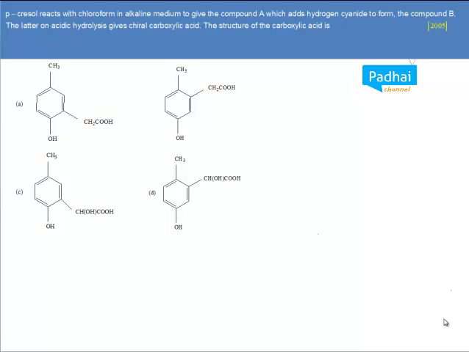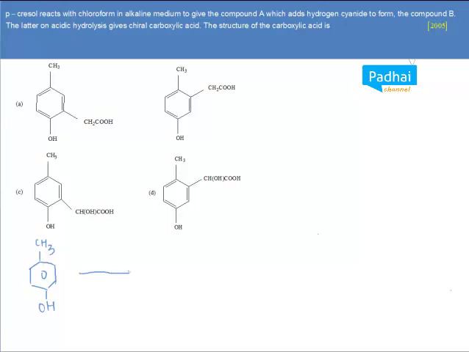Paracrysol reacts with chloroform in alkaline medium to give a compound A. Let us see what they're talking about. Paracrysol. What is paracrysol? Right, now this is paracrysol basically, where there is an OH group, alcohol group across the para position of CH3,